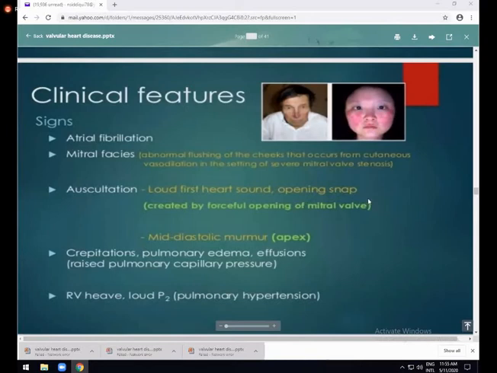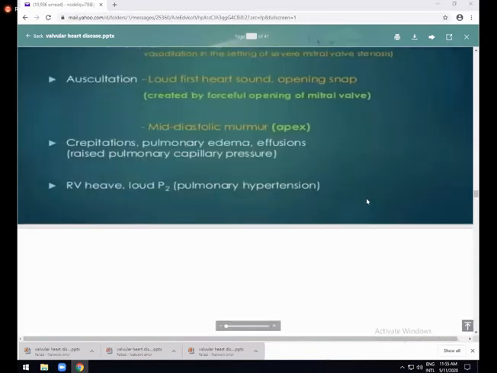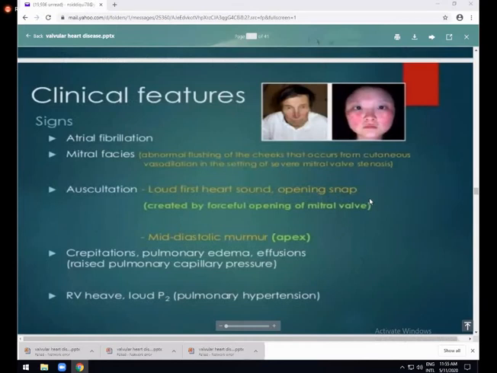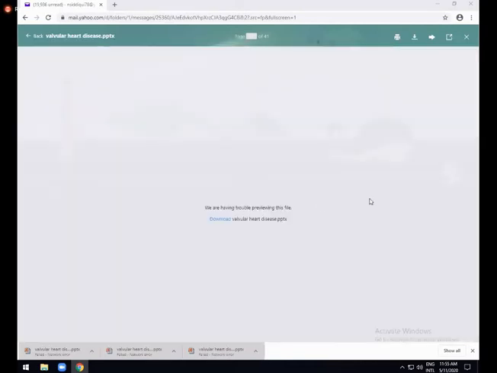On auscultation, the time is short, we cannot go into the details, but if you have taken my first lecture, I told you what is the cause of the loud first heart sound in mitral stenosis, because the LA and